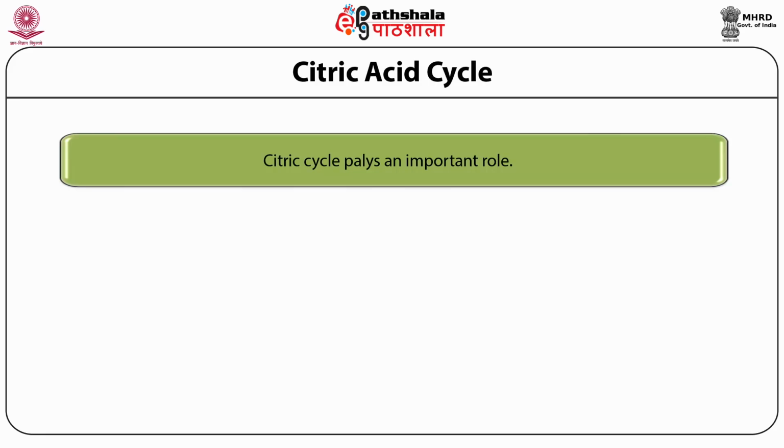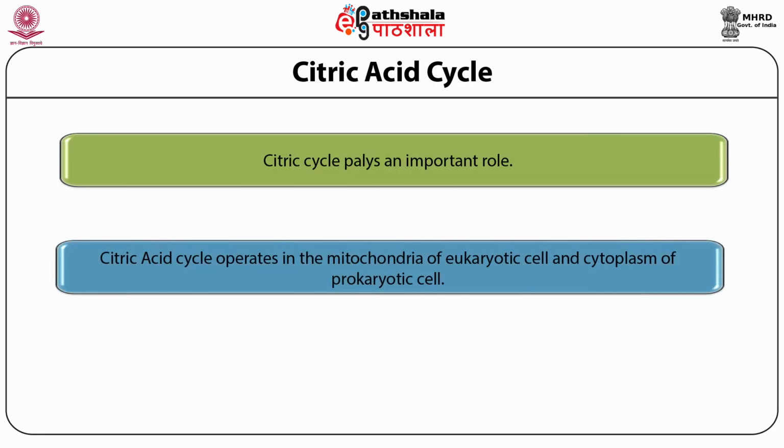The citric acid cycle, also known as the TCA, the tricarboxylic acid cycle, or the Krebs cycle, is used to oxidize the pyruvate formed during the glycolytic breakdown of glucose into carbon dioxide and water. It also oxidizes the acetyl coenzyme A arising from fatty acid degradation and amino acid degradation products. In addition, the cycle provides precursors for many biosynthetic pathways. The citric acid cycle operates in the mitochondria of eukaryotes and in the cytosol of prokaryotes.